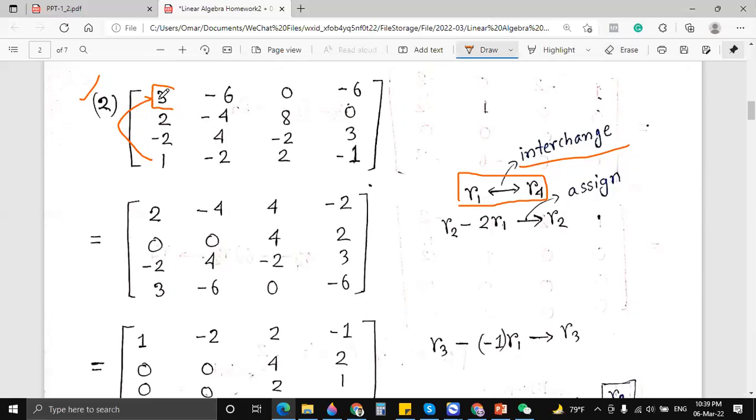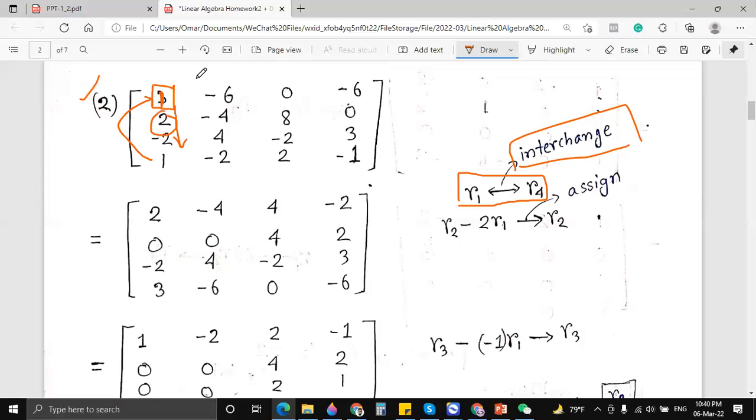So it is not 3, it is now becoming 1, because we already interchanged the row. So we want all the numbers below 1 as 0. Firstly, let's think about this 2. We want this 2 as 0. For this reason, we can multiply 2 with the first row. So then we get